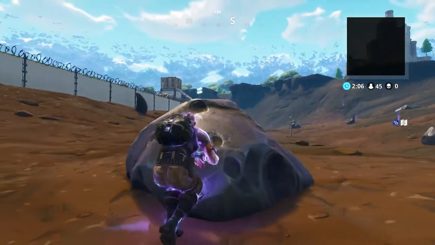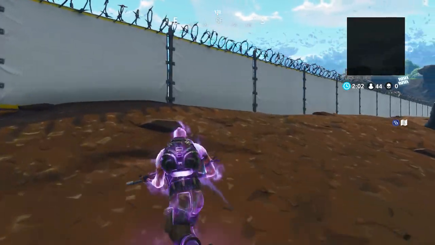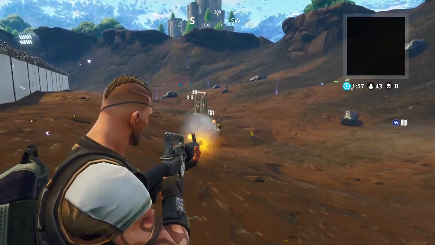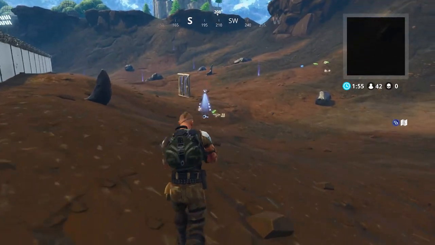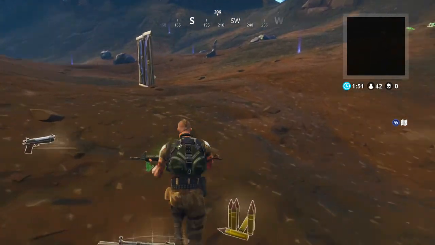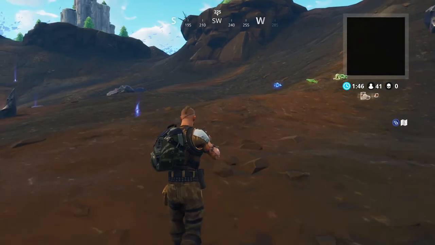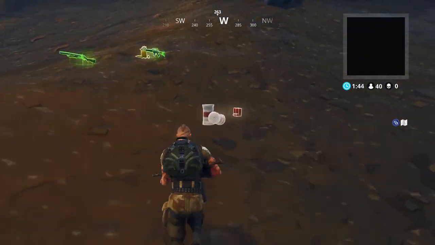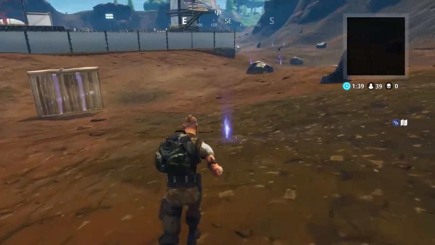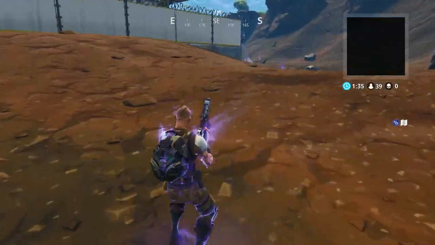Now, the first thing you want to do is set a kill goal. A kill goal is basically an amount of kills you want to get in a game. Honestly, I didn't really have a kill amount in mind. I was just playing regularly, and once I got about 5 kills out of Dusty Divot,